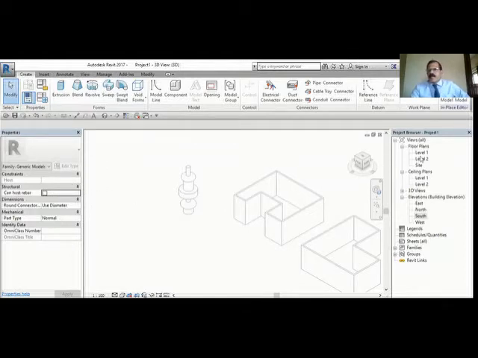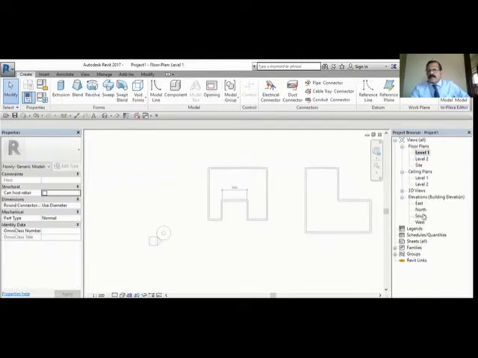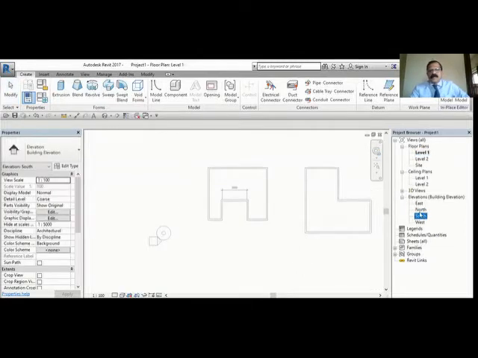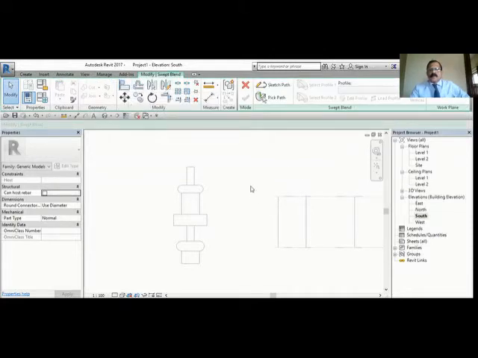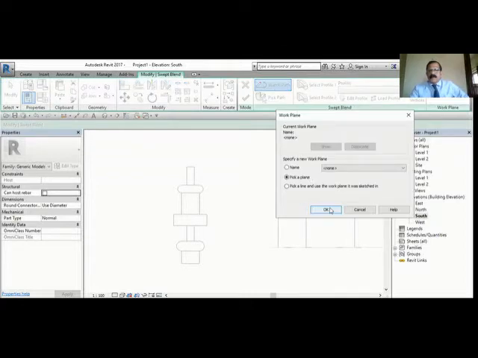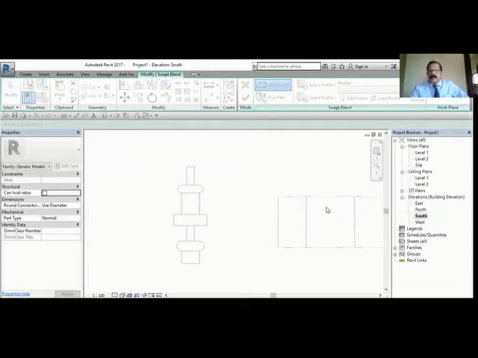So in a similar way, I will go again to the elevation, south elevation. I will go to sweep. So for sweep, you want one path and one cross section. Okay. So either you can create the path or you can select the path. There are two options here. So let us create path first. Create a path. So I will pick a plane. Okay, I'll create a vertical plane here.